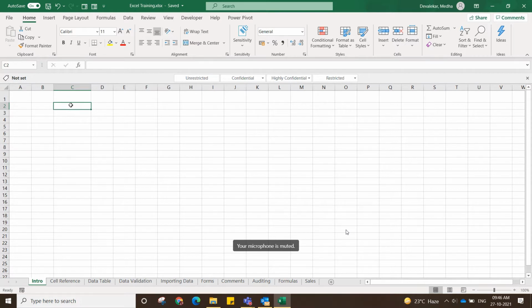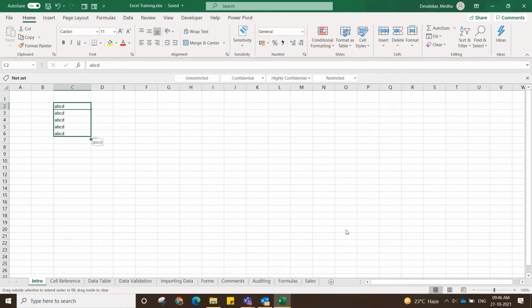Also, there is one more cursor. If I add something here and I want to copy the same thing into the next cells, there is a small square-like icon. Once I place my cursor here, it gives me a plus sign. By clicking and dragging it, it will fill the same text into other cells. Okay, so it is a fill cursor.